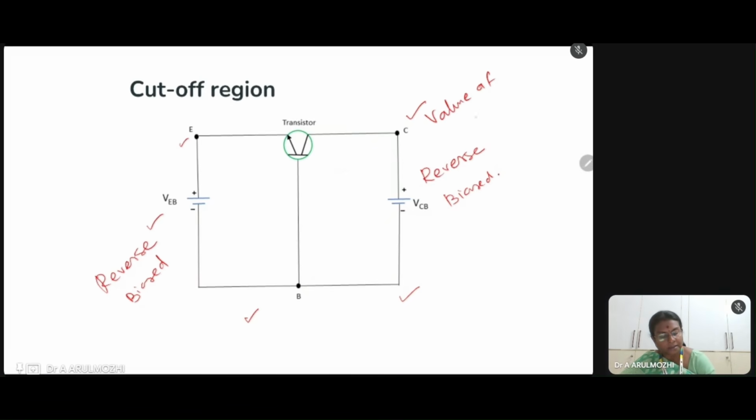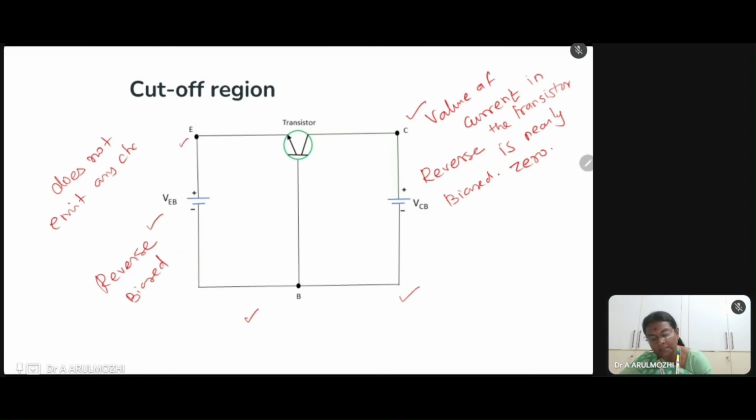The value of current in the transistor is nearly zero under this cutoff region, and the emitter does not emit any charge carriers to the base, except few